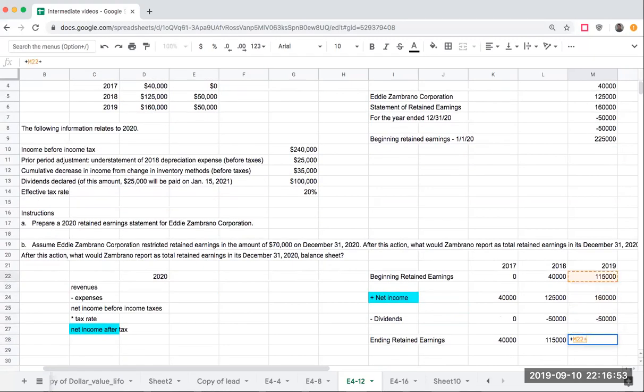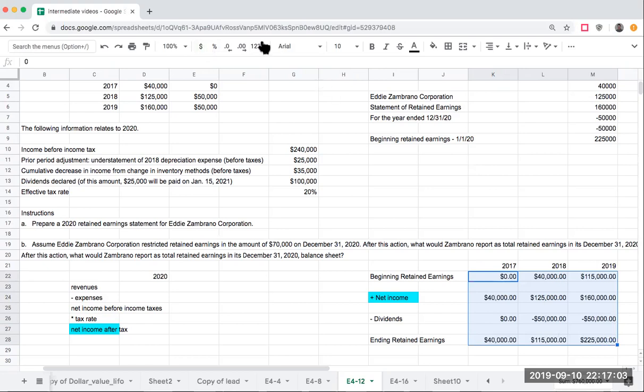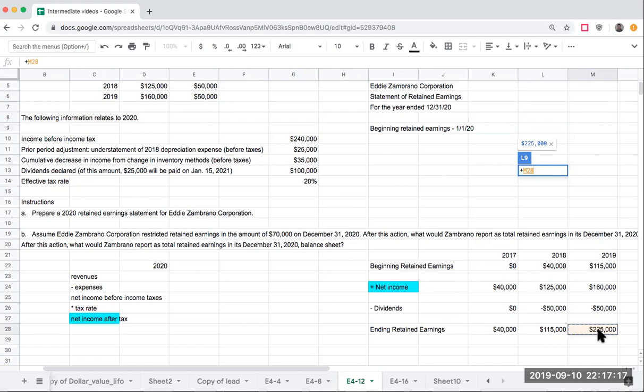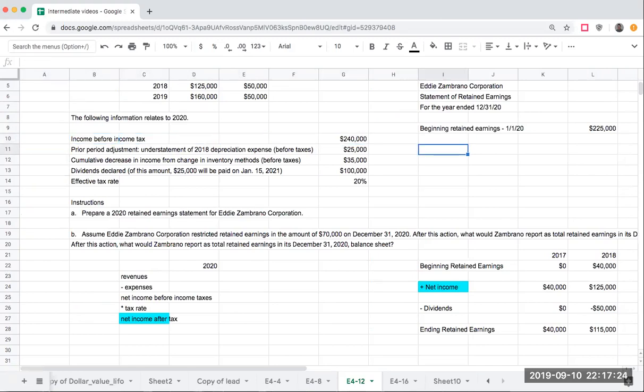So my ending retained earnings is going to be $225,000. So that's how I'm coming up with this number that is right here. So my beginning retained earnings, as of January 1st, 2020, is going to be my ending as of December 31st, 2019, or $225,000. Now, the one thing about beginning retained earnings is before I get to net income and dividends for 2020,